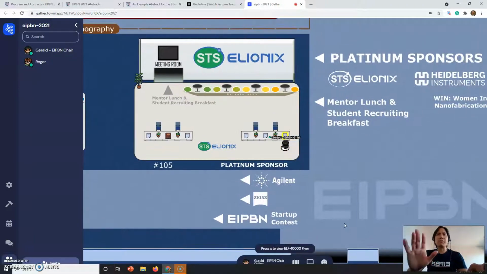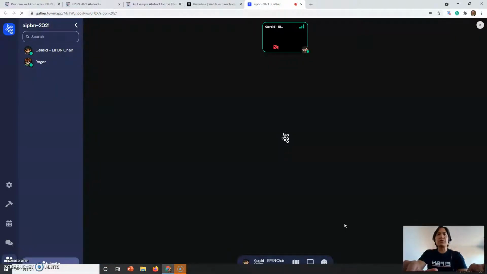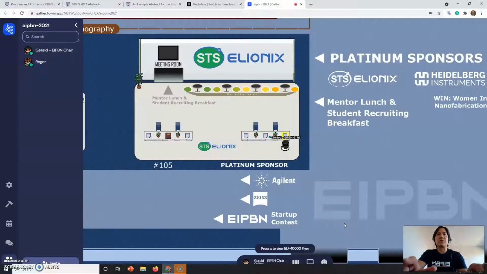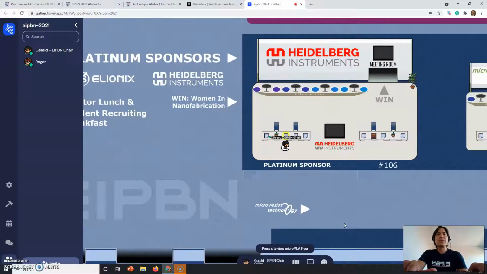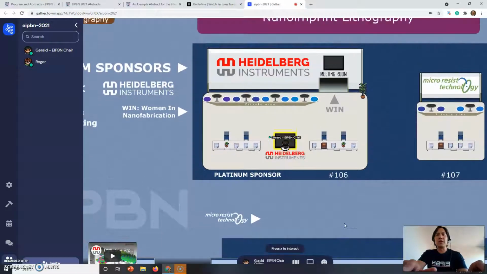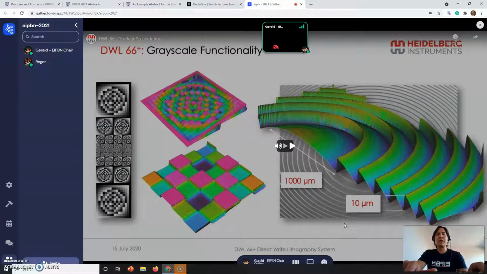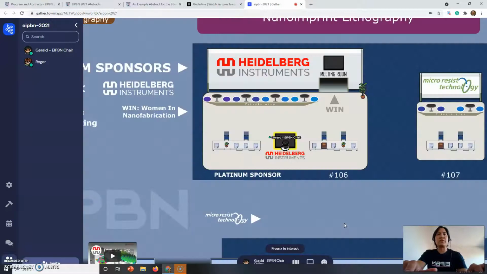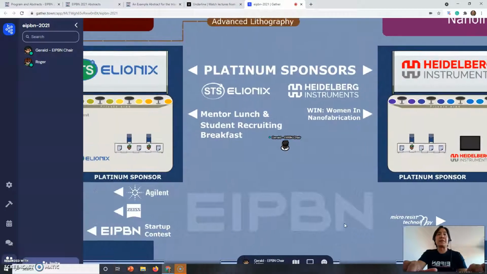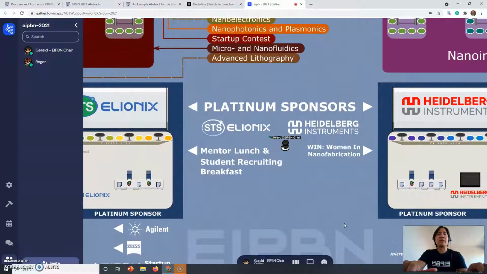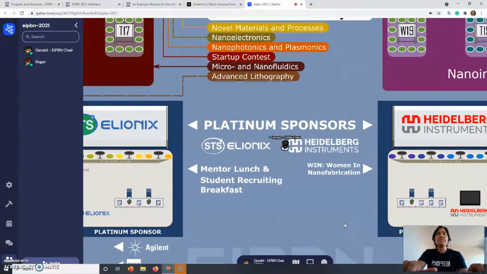I'm able to actually go up to any one of these booths, interact with any one of these documents, and read more about any of the products and services that they offer, right? I can go up to any one of these monitors and see what videos that they have in store for us. So really, you're going to be using the arrow keys and the X button a lot. And really, this is probably the most that you're going to be doing when it comes to interacting with your keyboard.